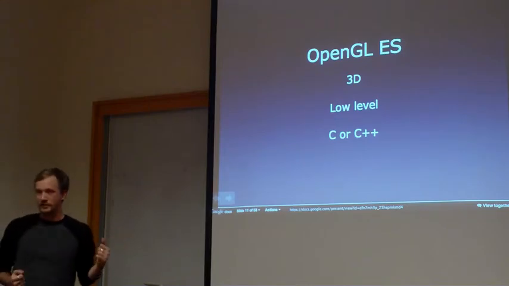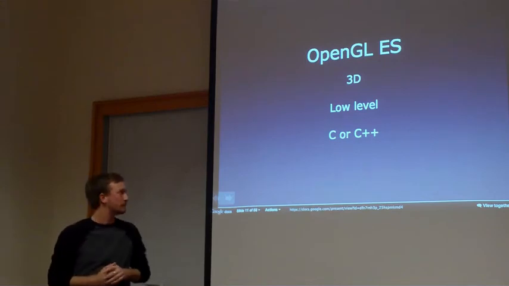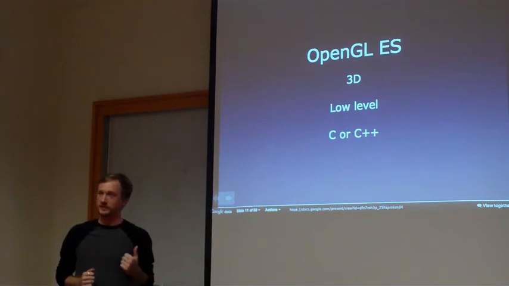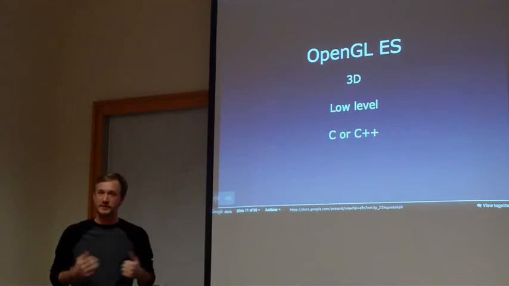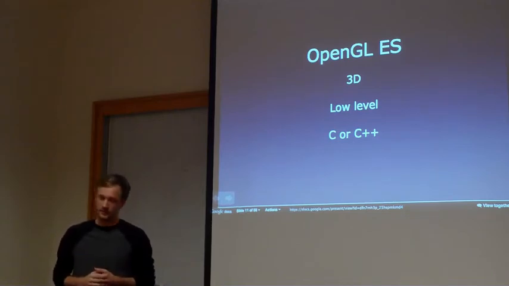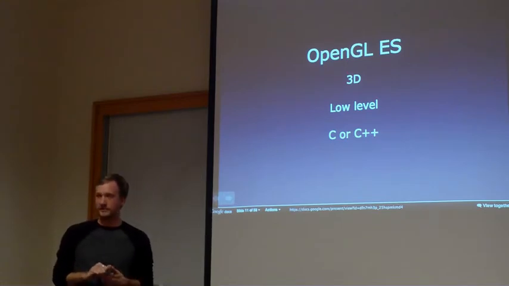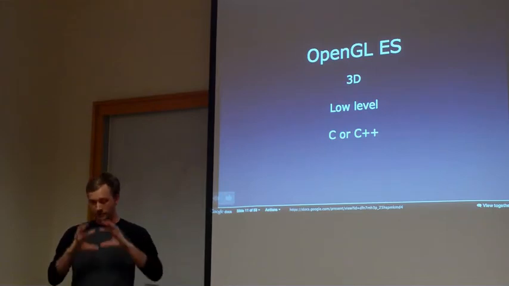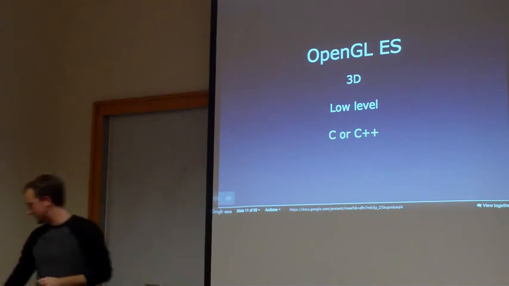I'm not going to touch much on 3D because I haven't done a whole lot of it on the iPhone. It's kind of difficult, but there are some people that are amazing at it. OpenGL ES, which is kind of the mobile version of OpenGL. Low-level C, C++, it's fast. It's incredibly fast. If you've ever seen, what's one of the games? Infinity Blade is a good example. Incredibly beautiful game. Really great graphics. Running on this tiny little device with 512 megabytes of RAM and a teensy little processor.